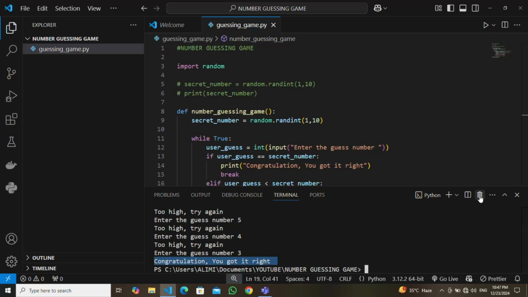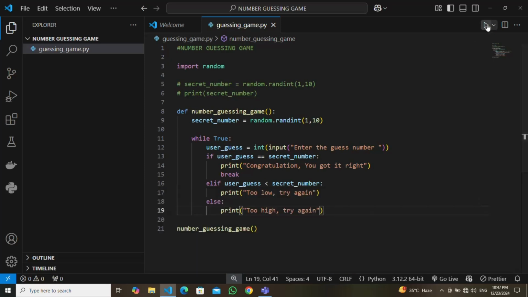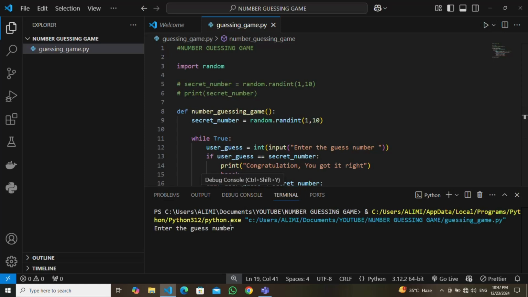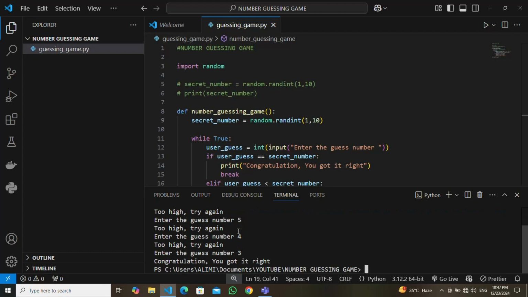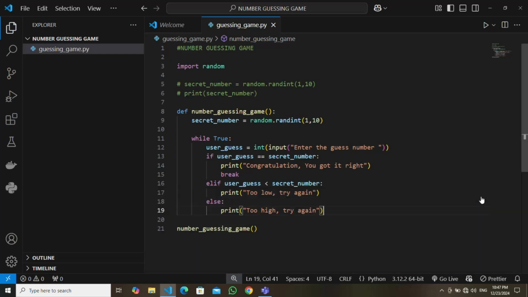So let's run it last time for us to see. Good, enter the guess number. Let me enter 10. Too high, try again. Let me enter 5. Too high, so try again. Let me enter 4. Too high, let me enter 3. Oh, congratulations, you got it right. Hopefully that makes sense. So then the next feature I'm going to implement here is to keep track of how